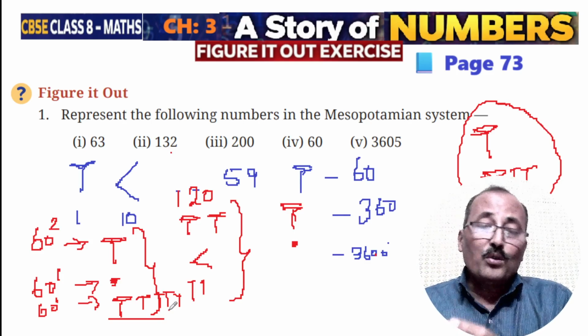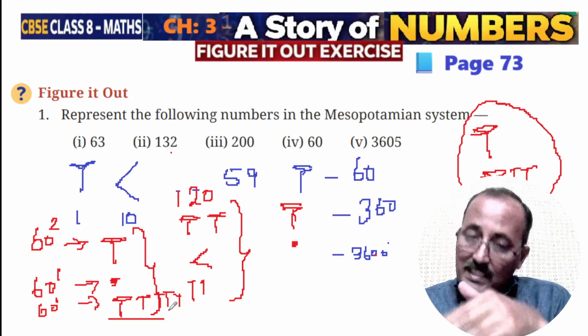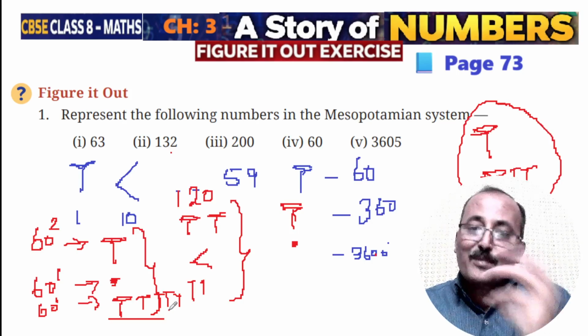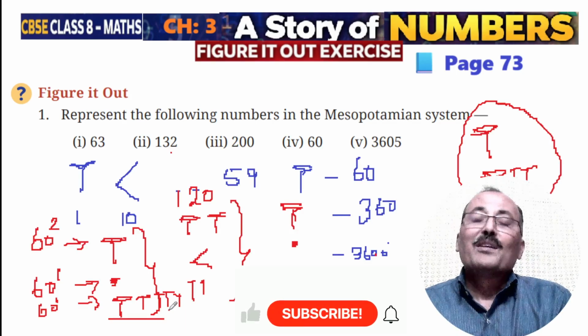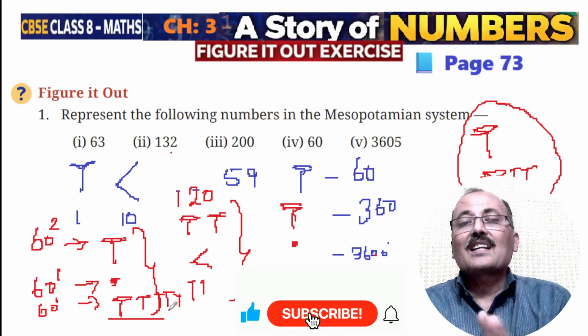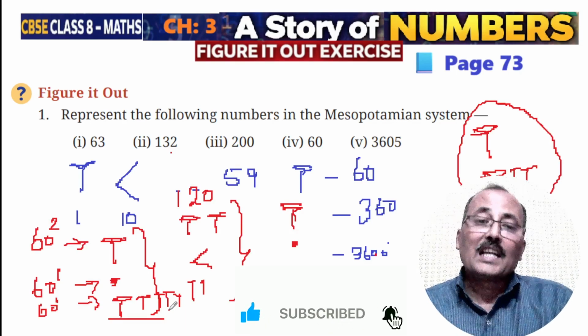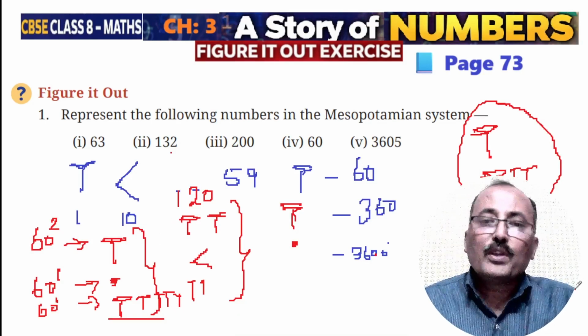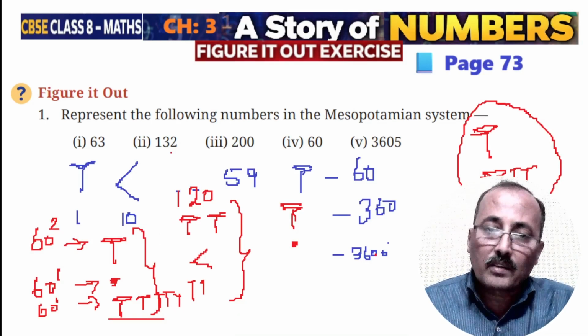Okay. So there is an underlying base 10 system also. 10 times, 10 times, 10 times it goes. But what to do? We have to understand and write according to the given system. Our next video is from page number 76